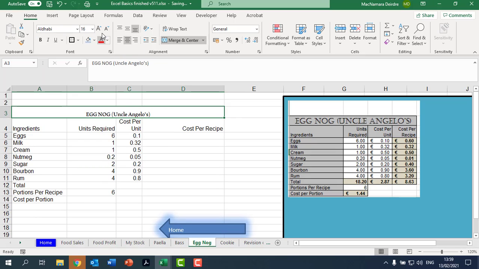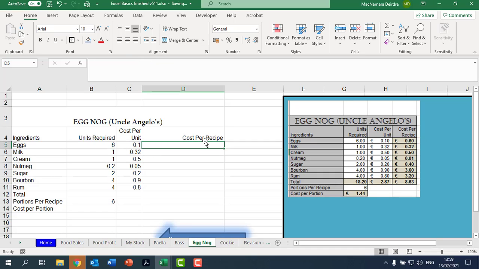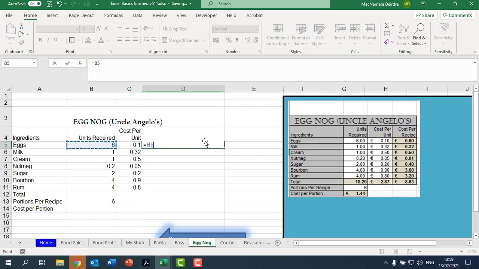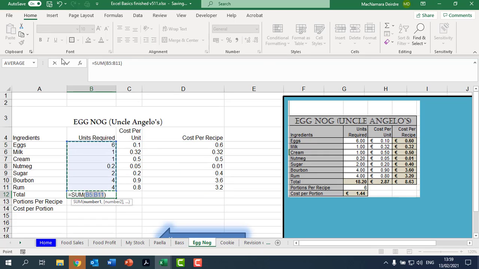Okay. Increase it a bit. Okay, so this one here we've done before, so equals that star that, and press enter and click and drag down. In here, auto sum and correct